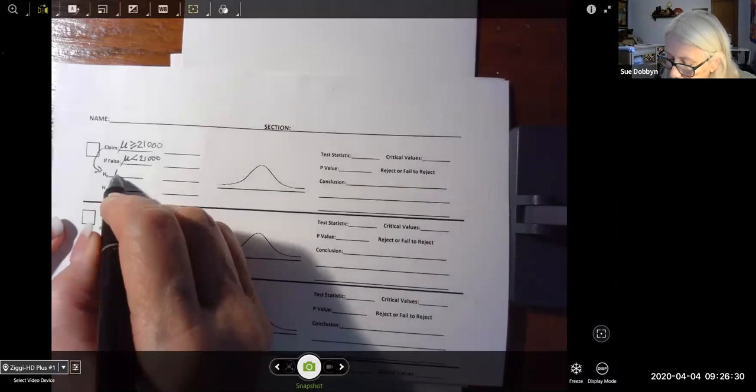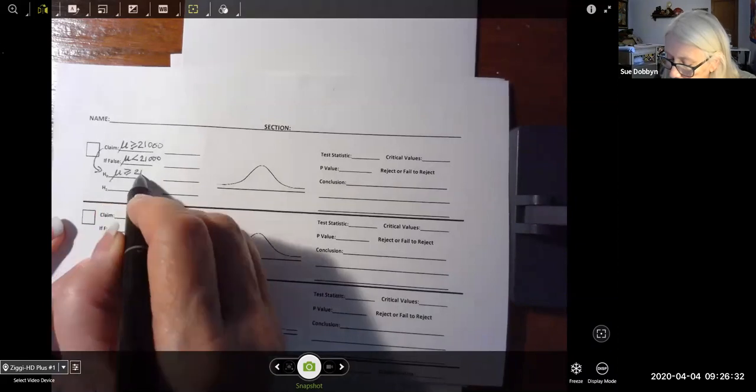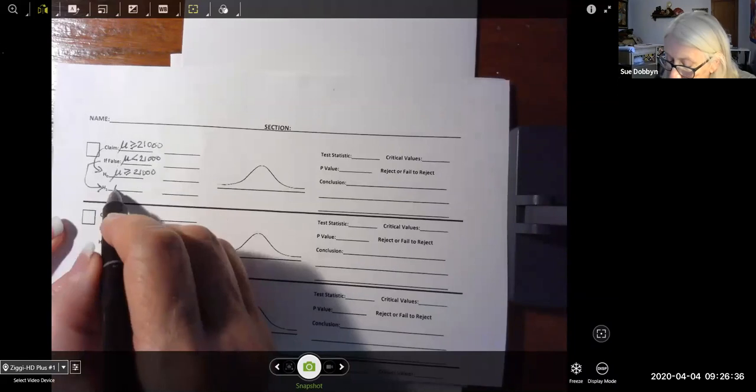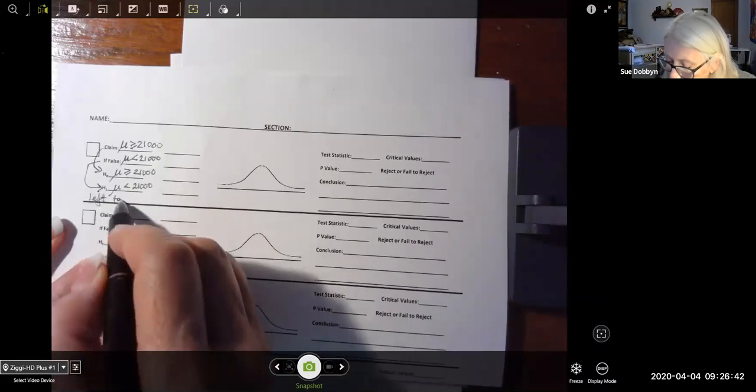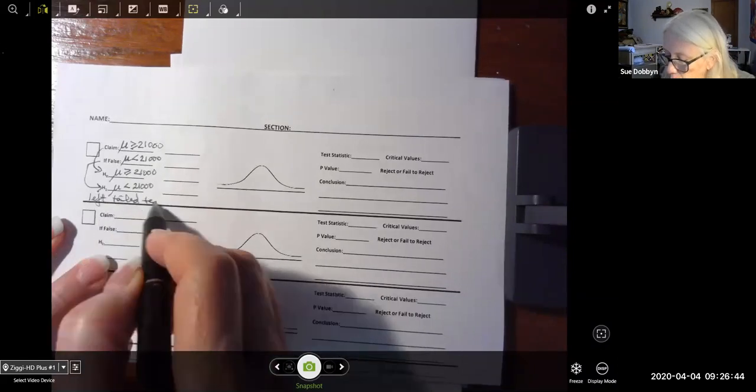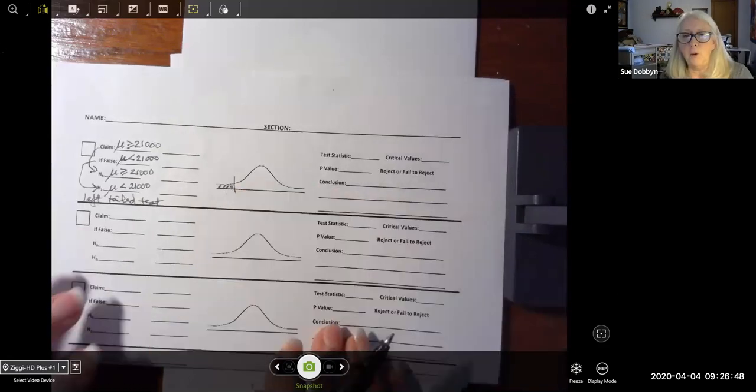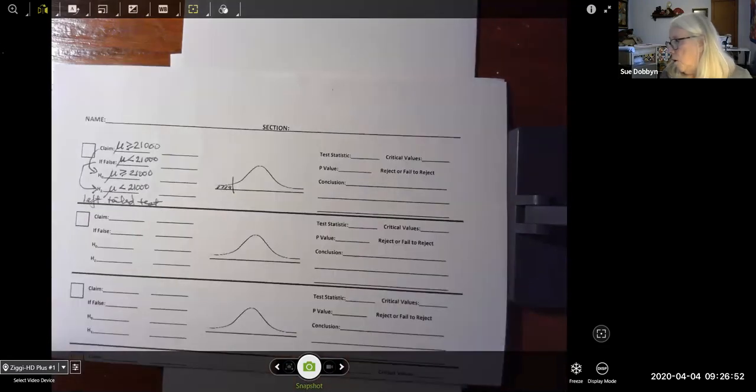And that means that the if false statement becomes the alternative hypothesis. And that makes this a left-tailed test. Okay, so I know that there's some critical region on the left. Now, we're going to be using StatCrunch to do these tests, which means that functionally, you're not going to be